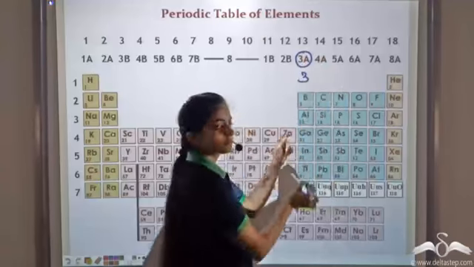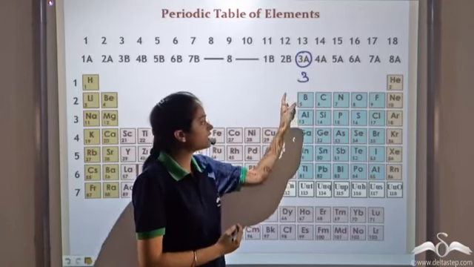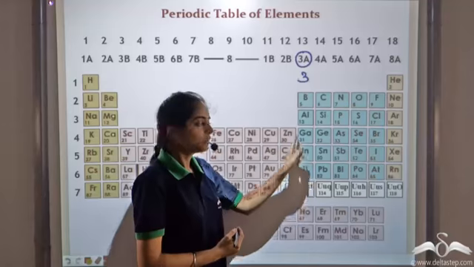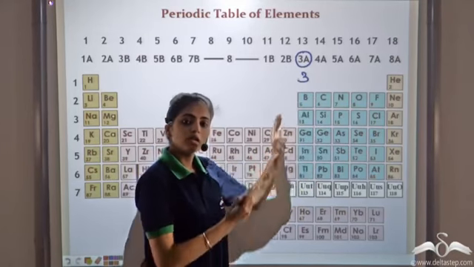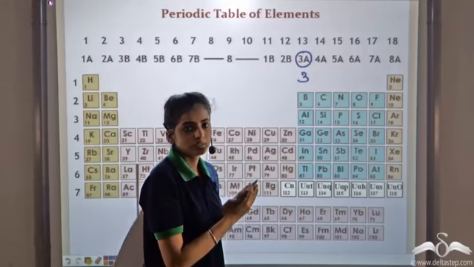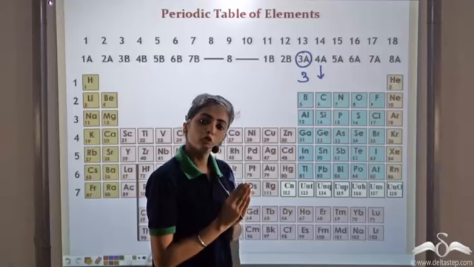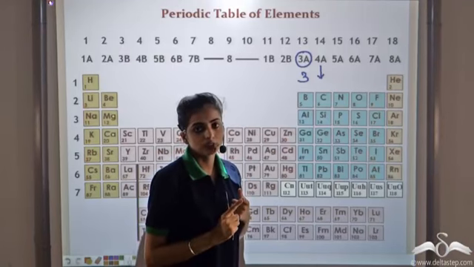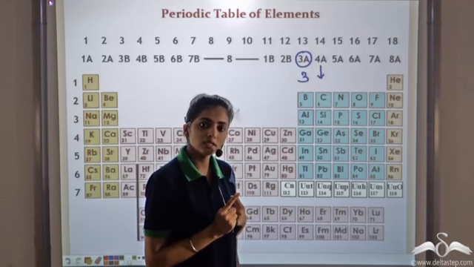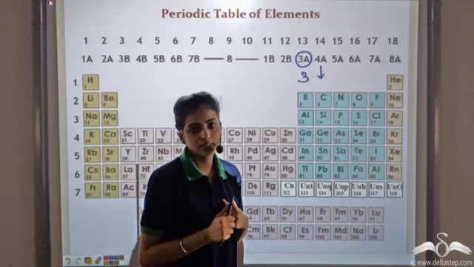Now coming to group 3 elements. They have 3 valence electrons. They do not have any specific name. These elements are also said as belonging to the boron family. They are also metallic in nature as they can lose 3 electrons. Group 4 elements have 4 valence electrons. So they neither lose electrons nor gain electrons. Instead, they share electrons. Such elements belonging to group 4A are known as metalloids.